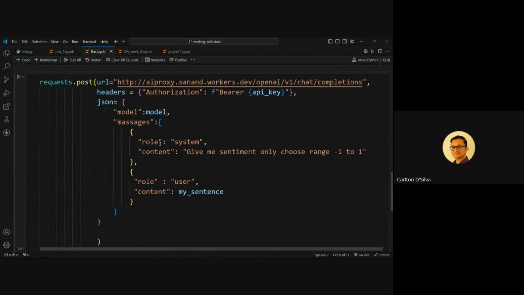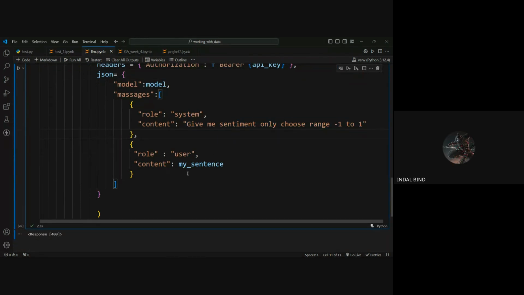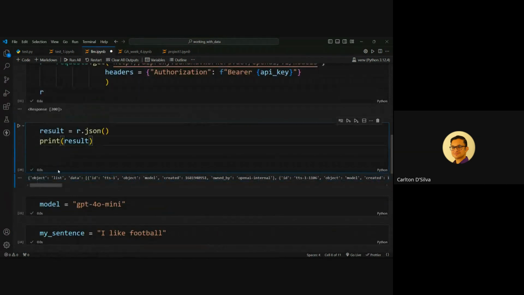And then messages, role system, role user. It looks okay to me. I'm wondering, can we look at the content of the JSON response itself? You didn't put it in a variable, right? The response.